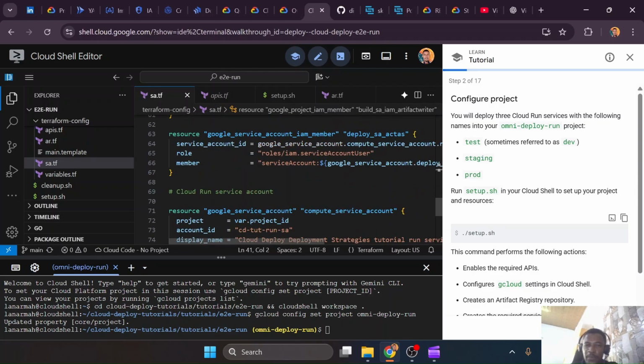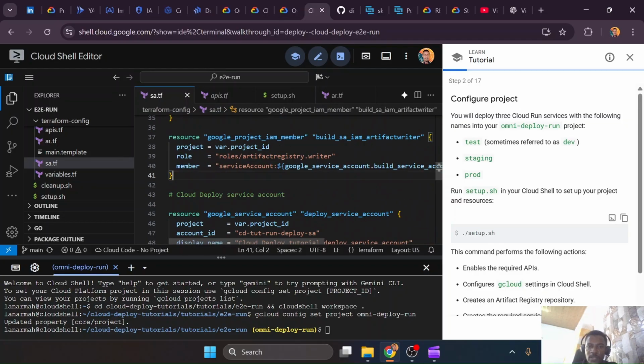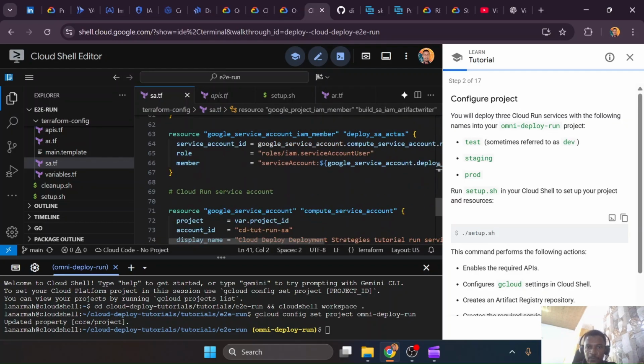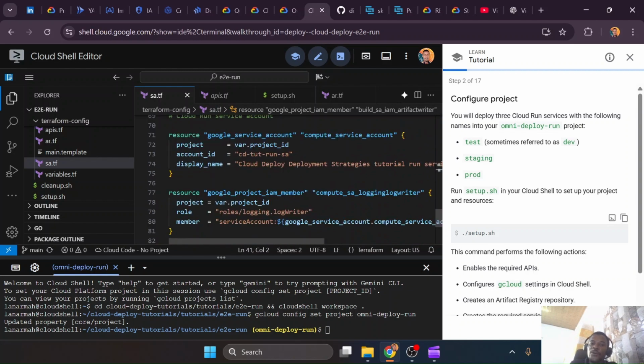So you will need maybe 3 service accounts. One is for the build, right? And then another one is for Cloud Deploy itself. And then the last one will be for your application, right? So the application also has its own separate service account. And this is good because you now have separate credentials because the application should only, at the moment,